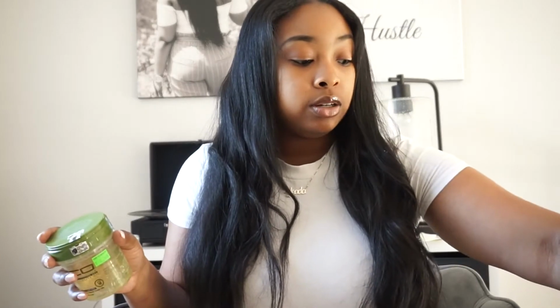Alright guys, so we are gonna start off with the classic bun. I have been wearing my hair in a bun all this week, so that is why it is pretty much like a wavy texture. So I'm gonna show you guys how I do my bun. I've done this in previous videos, but today we are doing a little bit of slicking. Normally I don't really slick the hair down, but today the edges are not straight. So we are going to add some